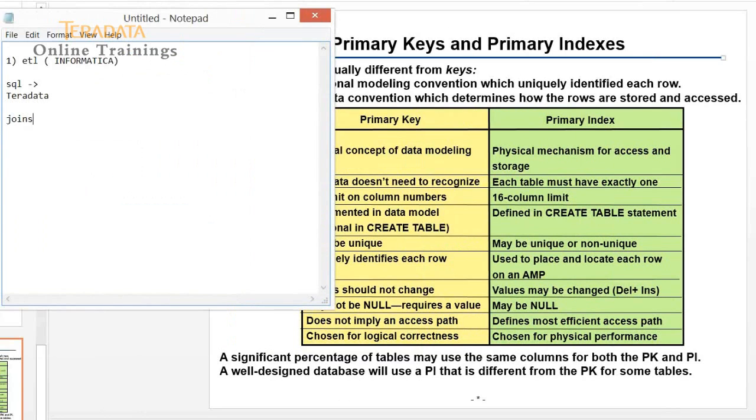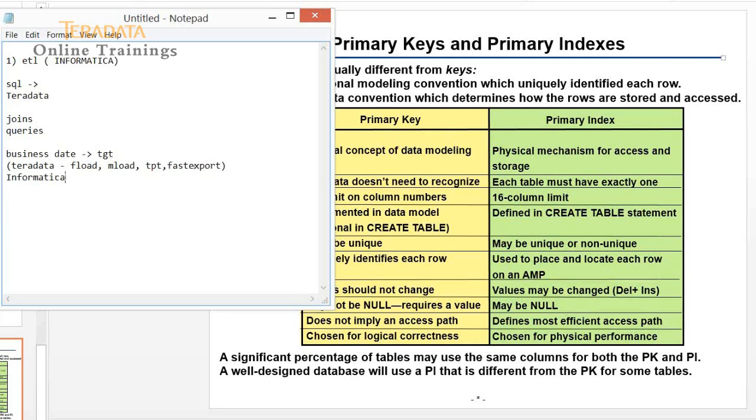Okay, let's say joins or queries on the tables to get the corresponding business required data, right? So this will be loaded into the target table. This target table loading is again with the Teradata utilities only, like FastLoad, MLoad, and then TPT, FastExport. There will be different mechanisms in Teradata, along with the ETL tools like Informatica have this provision to have all